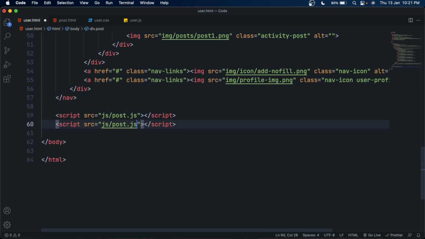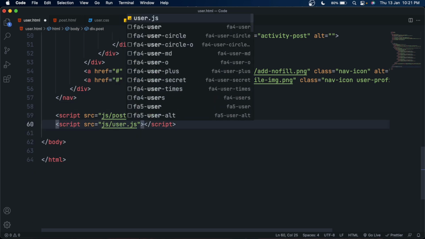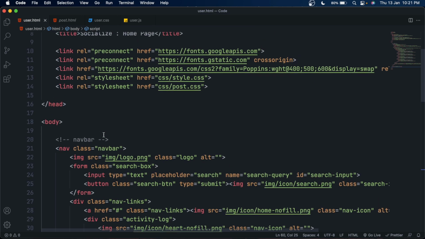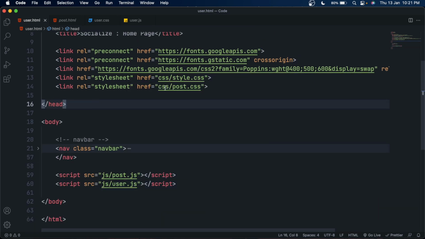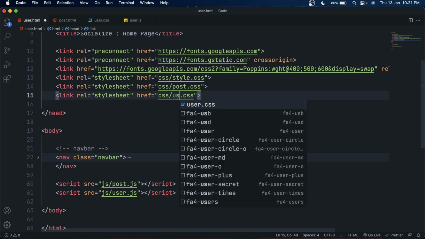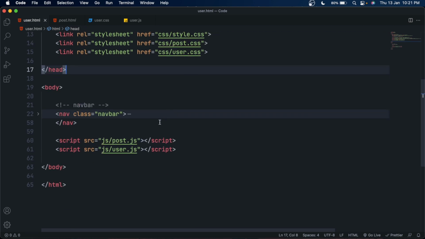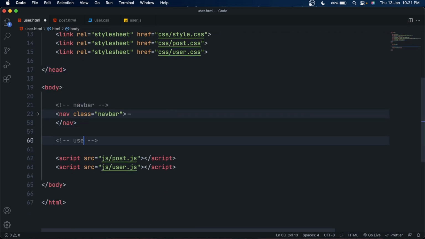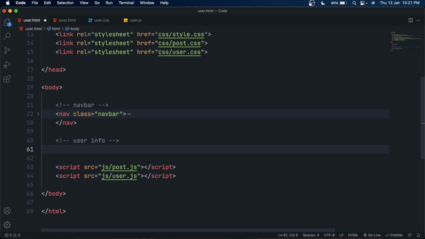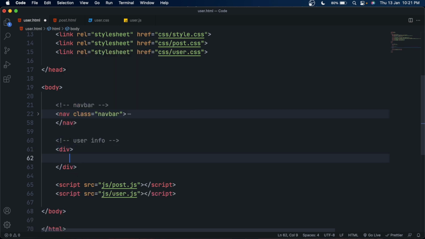Great. And add the user.js file here so we can access it, and also add the user.css file. Notice we want all three CSS files here and all two JS files here. Great. So our navbar is also done in this page.